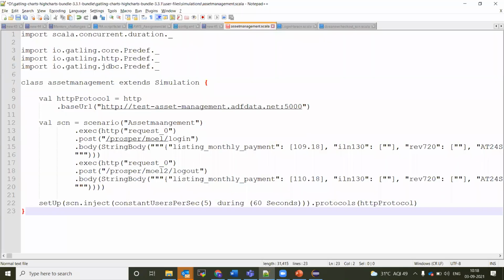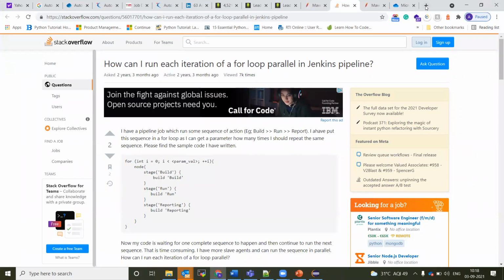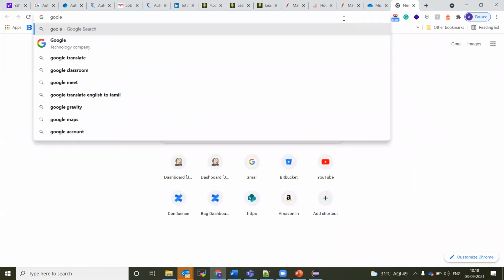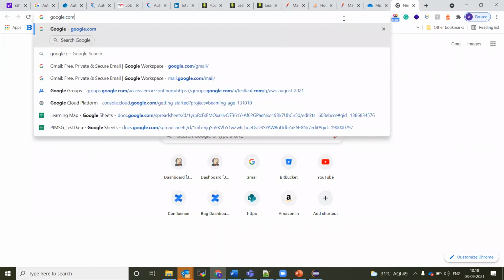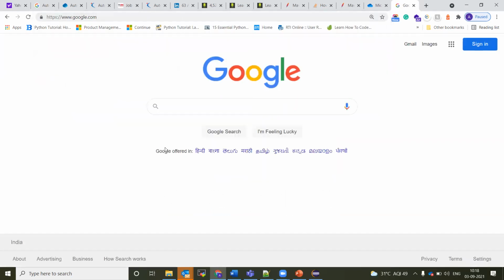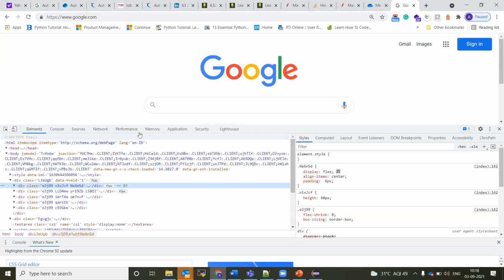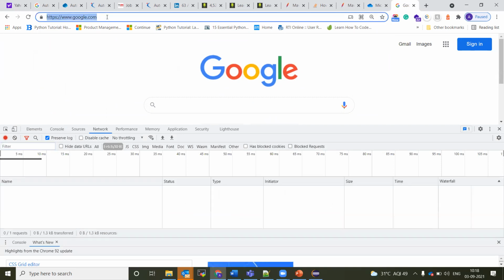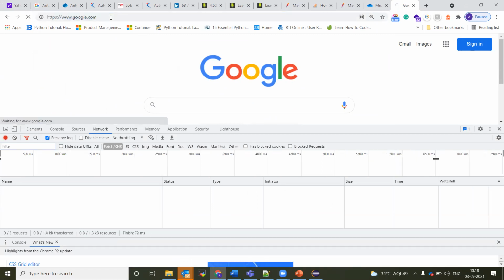For example, if you see in the browser, whatever I am posting here, google.com. If you type this and press enter, I'll show what is happening at the back end. You will have a get method call.